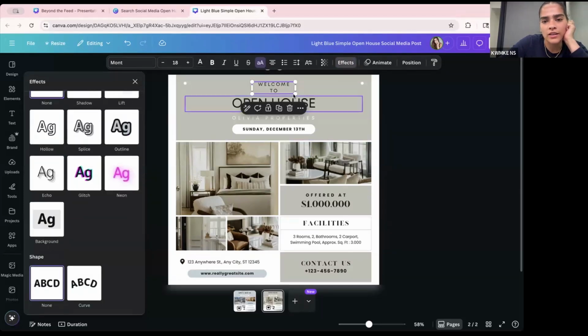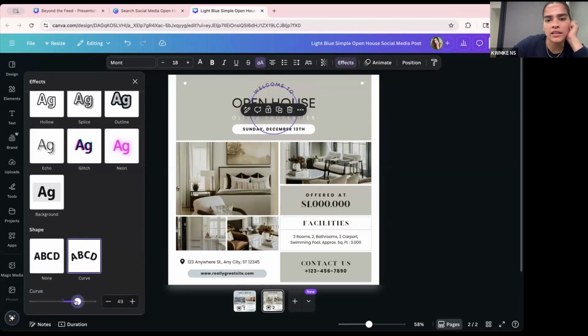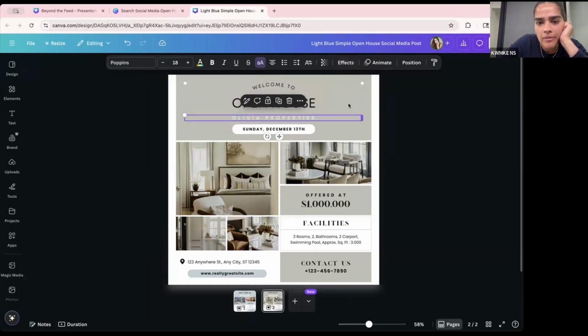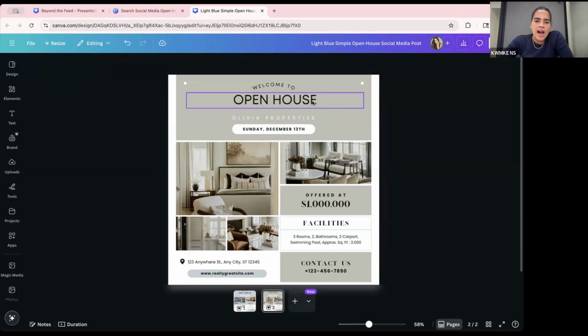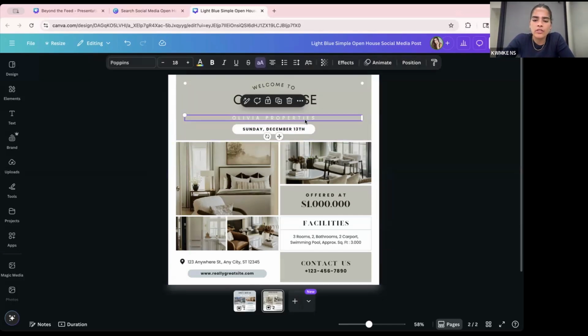So this is what it looks like without the curve effect, but if you add the curve effect, you'll be able to edit it to be as curved as you want it to be. So I think I want it like that. And then I'm going to bring it up. Now I'm going to remove that. And on here, I'm going to add the date of the open house. So we're going to do June 13th,